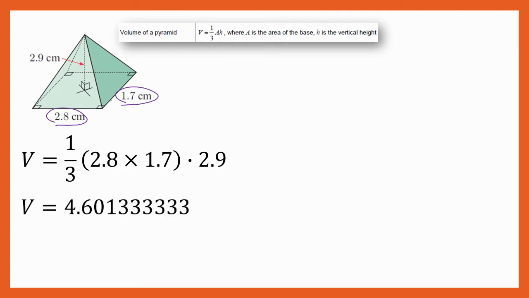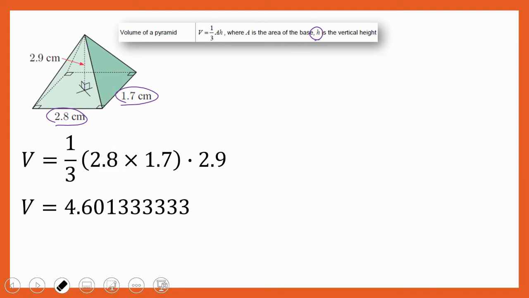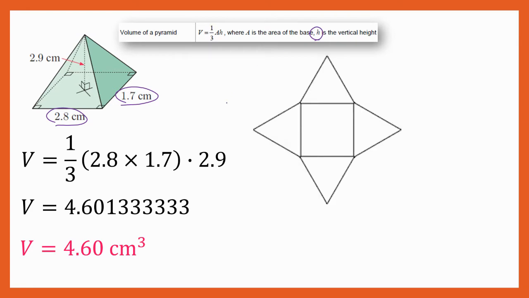So that's fairly straightforward. Again, in the formula on your formula sheet, it says h is the vertical height, and that is given to us of this pyramid. So that vertical height there, that is a given. So we know what that is, and volume, and then to 3 sig figs. There we go, 4.60 centimeters cubed. Do make sure you label correctly with the correct units for volume, surface area, and just regular old distance, or length rather. The second part of this, the surface area part, if you think about the net of this shape,